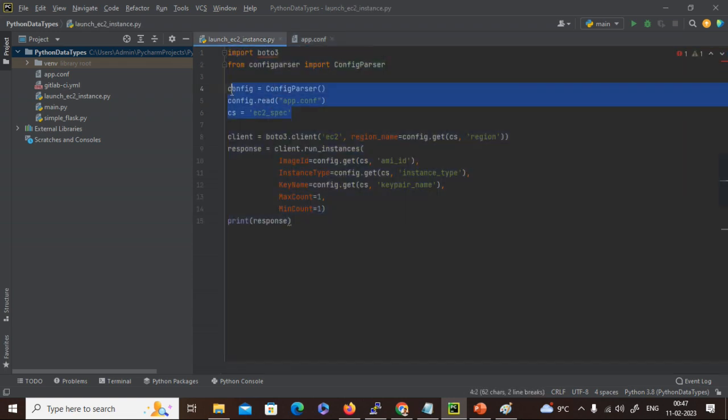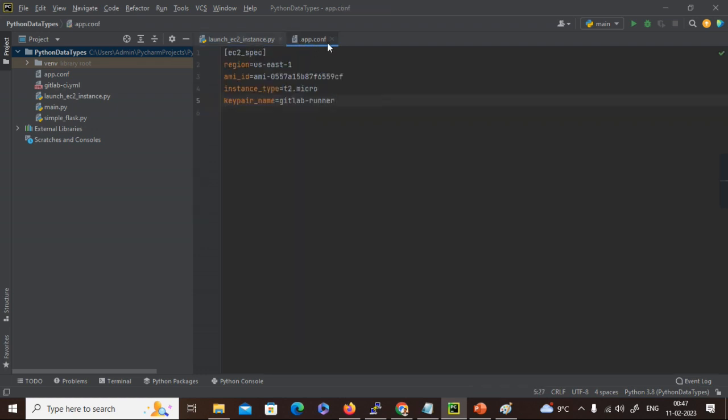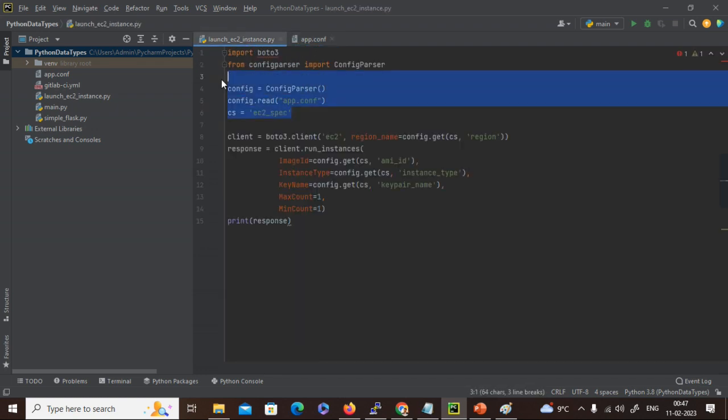In this program, I am reading the configuration file, app.conf, using the config parser, which is a library available in Python. Then I am creating the Boto client, boto3.client EC2, and the region name is the region. This will get the value from the configuration, which is US East, the North Virginia region. And then